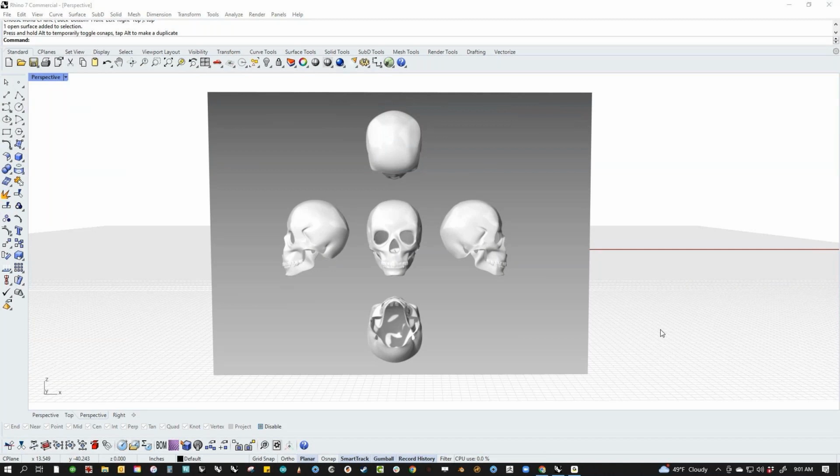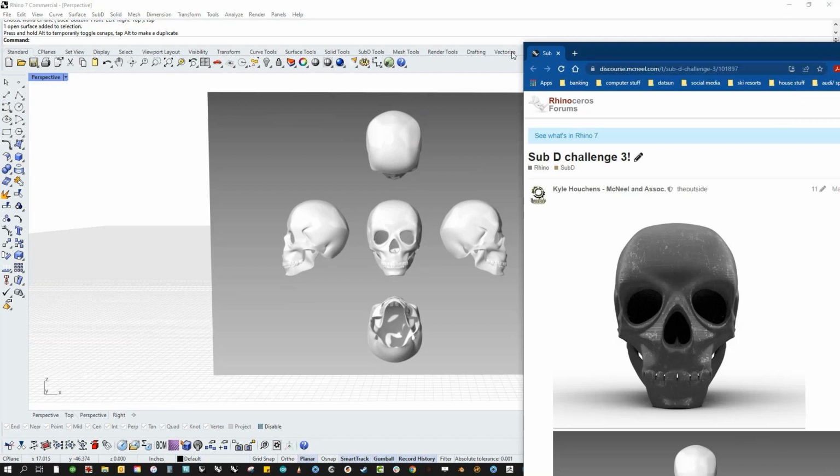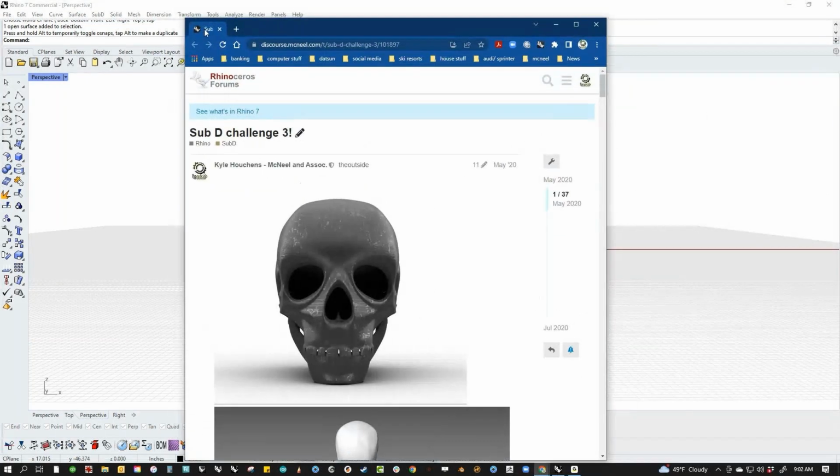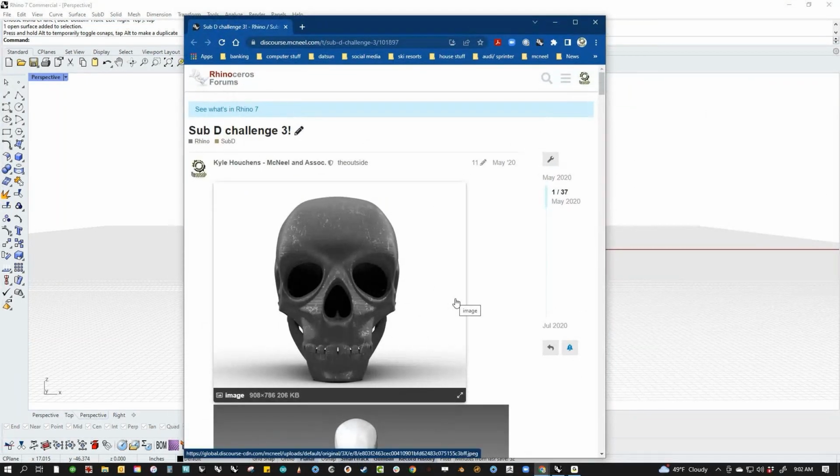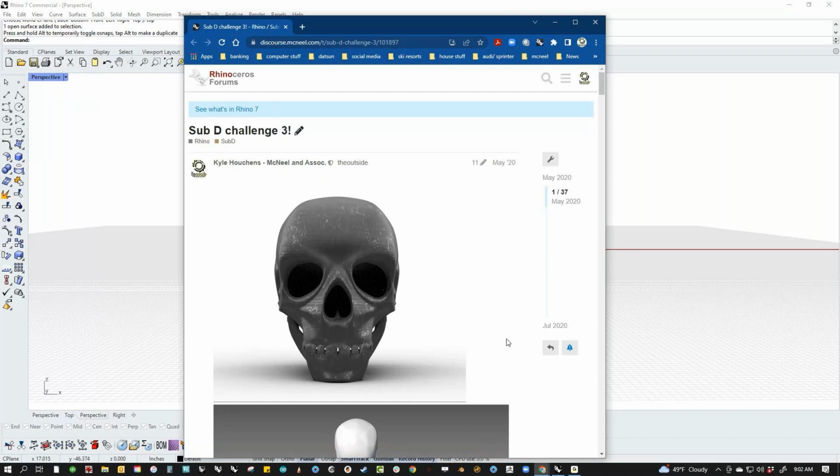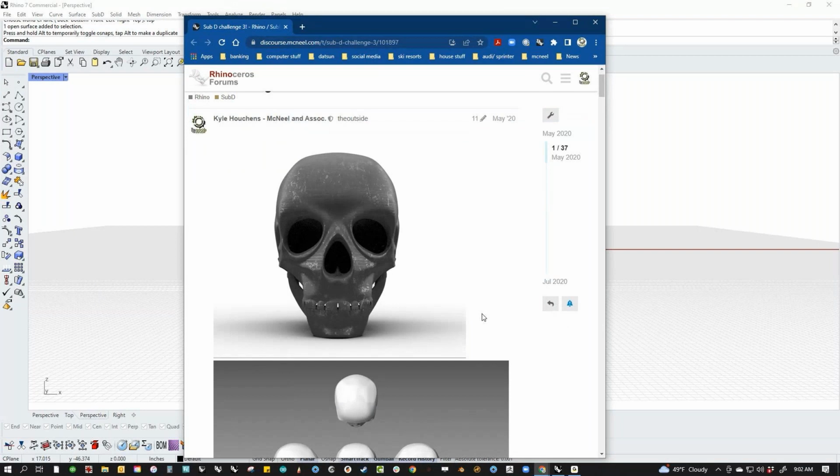And this actually started from a long time ago when we were working on SubD. This was something that I did years ago, actually, looks like it was May of 2020. I was doing a lot of testing for SubD. SubD had just come out, and we were trying to see what the tool could do and all this stuff. So I grabbed this, and